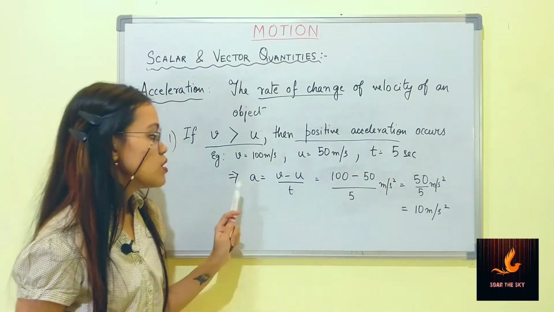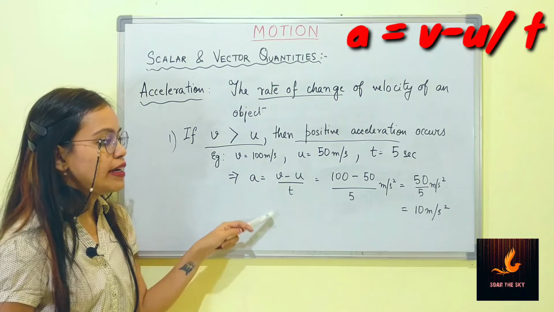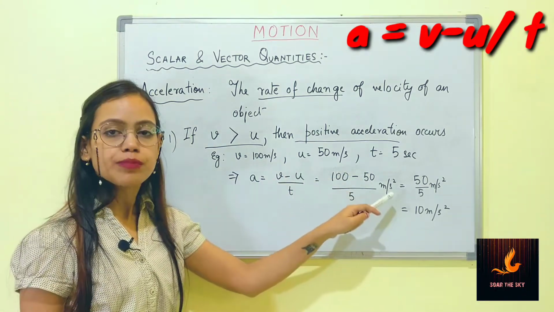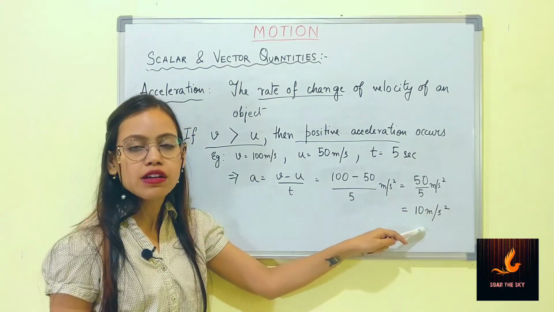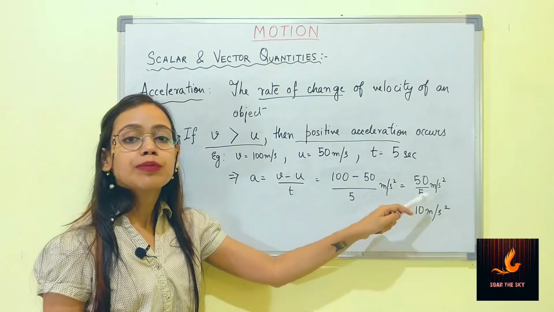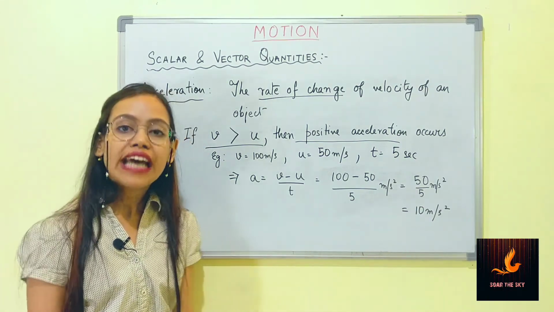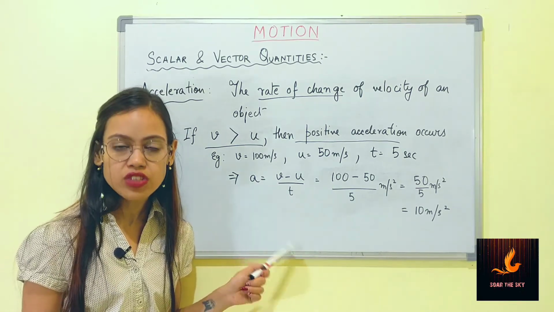5 seconds. So acceleration of the body will be V minus U by T, which is 100 minus 50 by 5 meter per second square, which is 50 by 5 meter per second square, and the answer comes out to be 10 meter per second square. So the acceleration of the body will be 10 meter per second square,